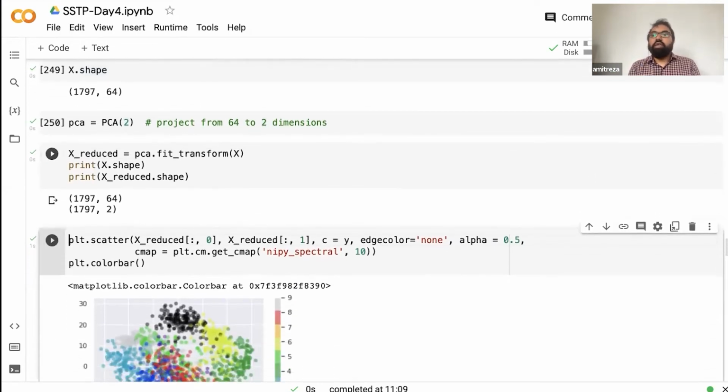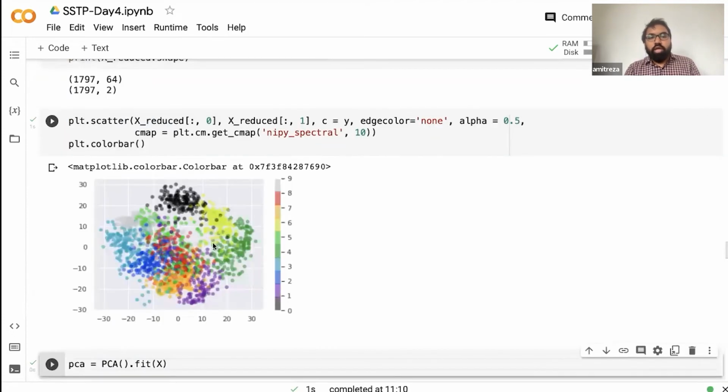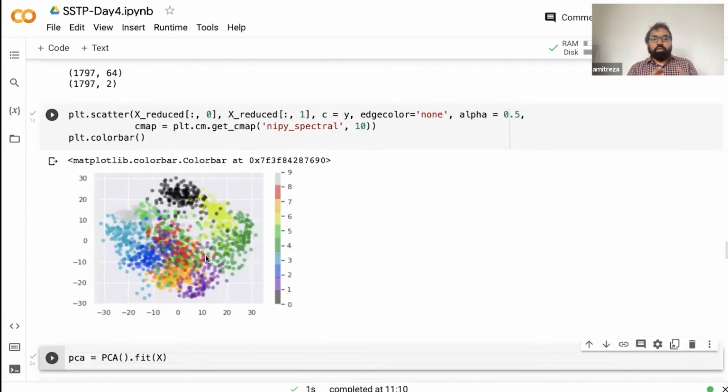So I'm doing the same thing the way I did in the previous case, right? We are only generating the two PCA components for this data, and then we are representing the data in terms of these two principal components in a two-dimensional space, right? So now from 64-dimensional space, it's coming to a two-dimensional space. And in this two-dimensional space, this is the visualization of the digit images,